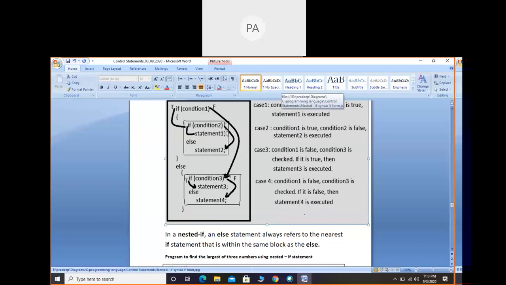So just look at these arrow marks correctly, then you will understand. If you have any doubts, you can ask in this forum. Now you just copy this. While copying, if you come across any doubts, you ask.